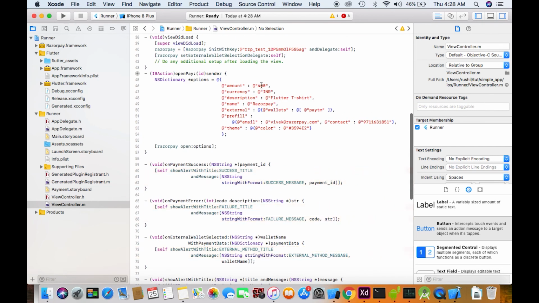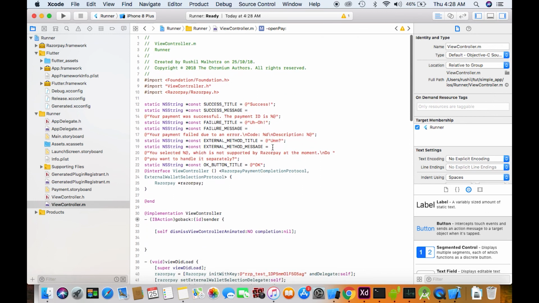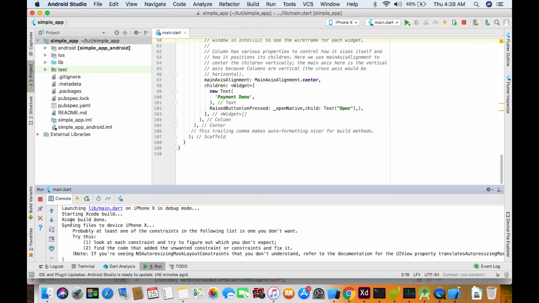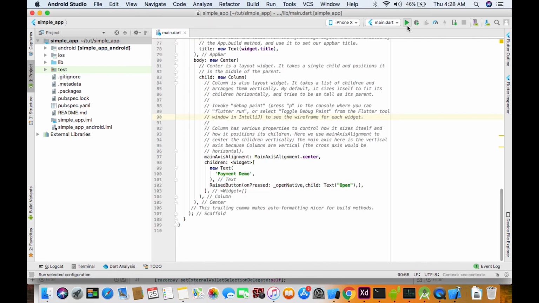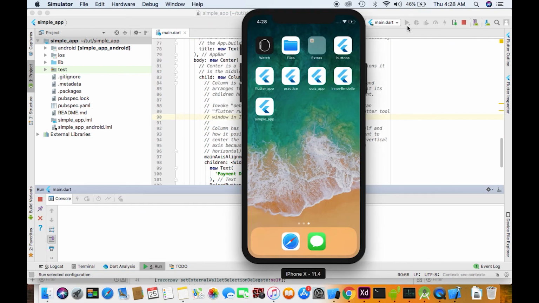Now again, I'm going to terminate this and run it again because I like it. We'll try to fast forward here. It's going to take some time, maybe 1 minute. I'm going to show my Xcode version also.